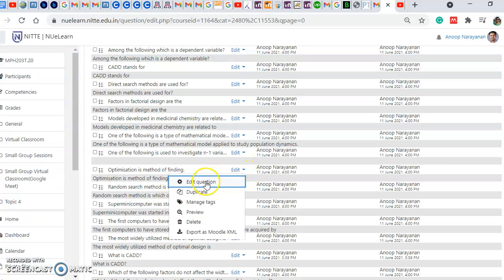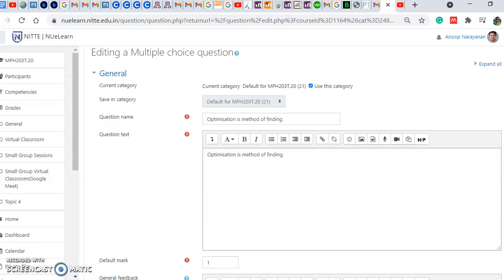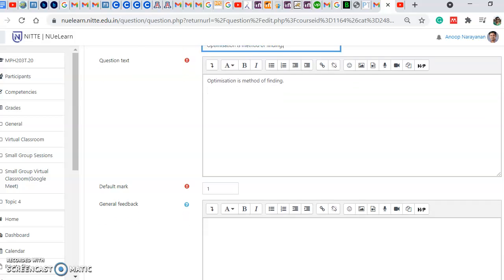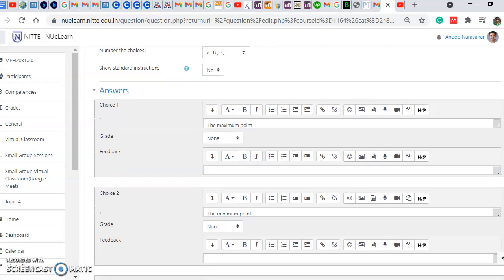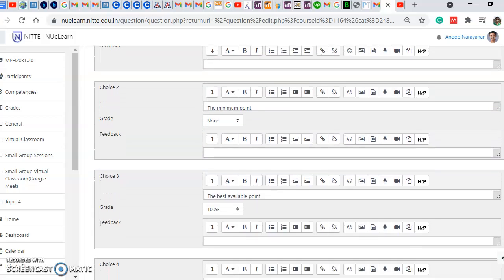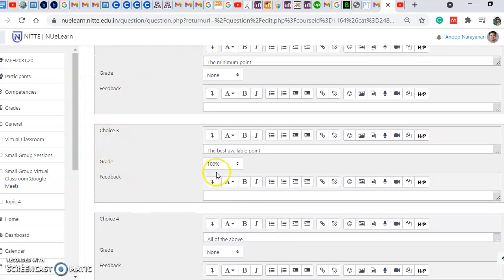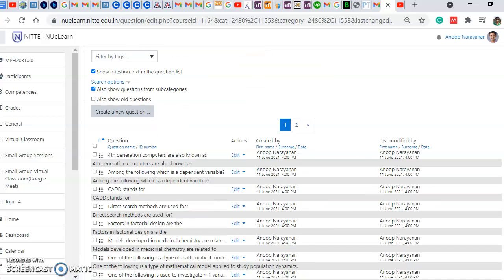Instead, I'm clicking edit question. Yes. So when I edit, the question name is there, I don't know why it is not shown over there, but everything looks fine. The default mark is 1. It's auto captured, and the choices, yes, 3, 4, all the choices have been captured. Choice number 3, C, was the right answer. That has been captured as 100% grade. Everything looks good. So the multiple choice questions list is ready.